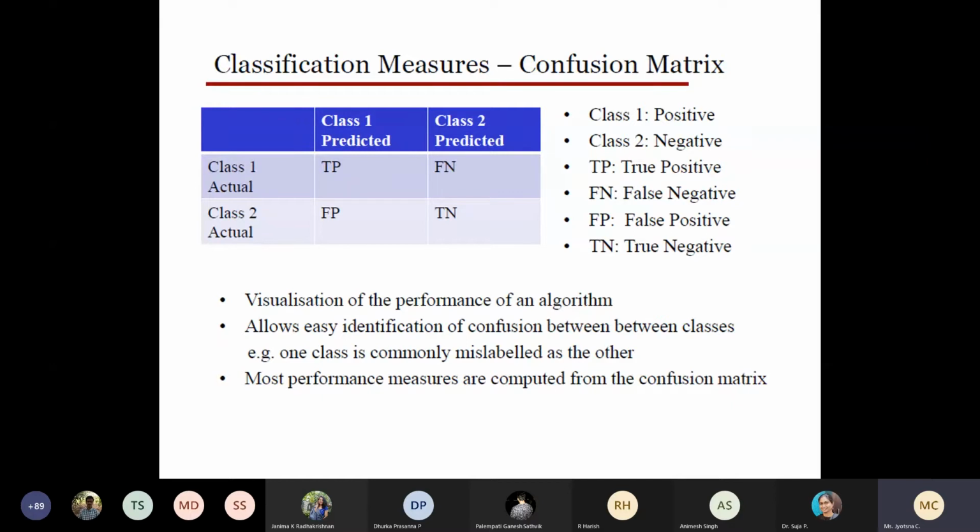So when we consider a severe disease, tell me: false positive or false negative? False negative means he is actually a COVID positive patient but is predicted as negative. So what happens? He may not take proper treatment, and it may worsen. So when we look at such applications, the false negative error is severe, and we should try to reduce false negatives in that application.